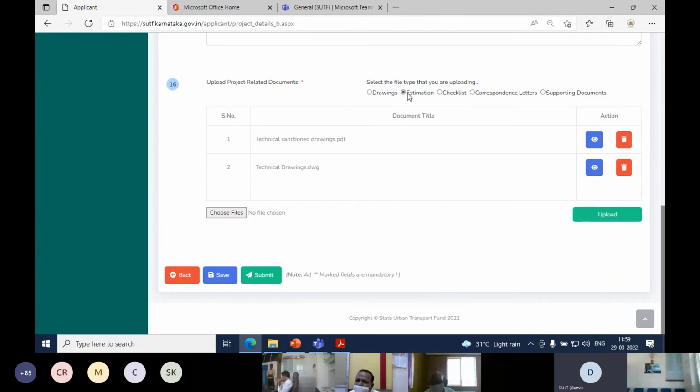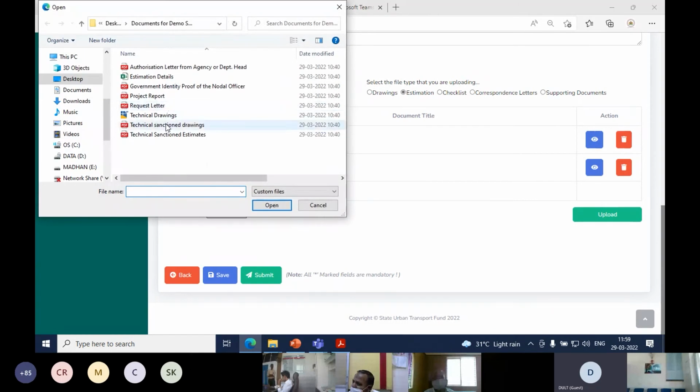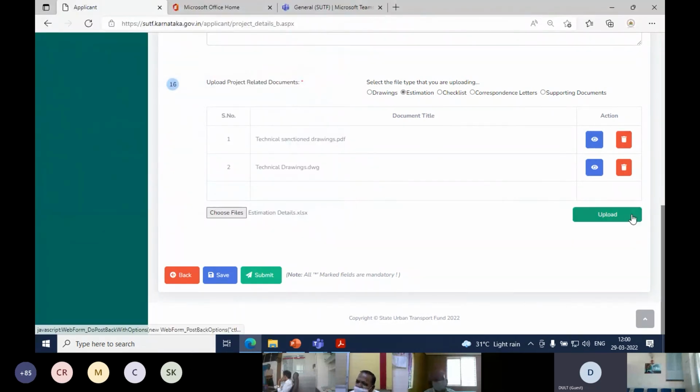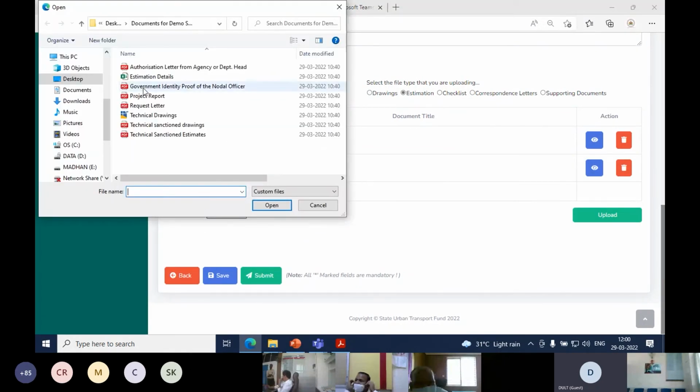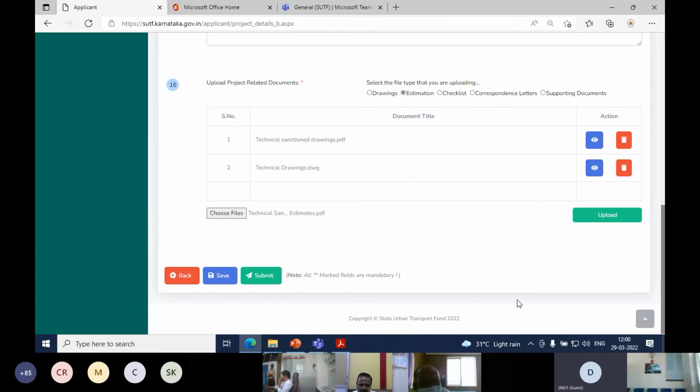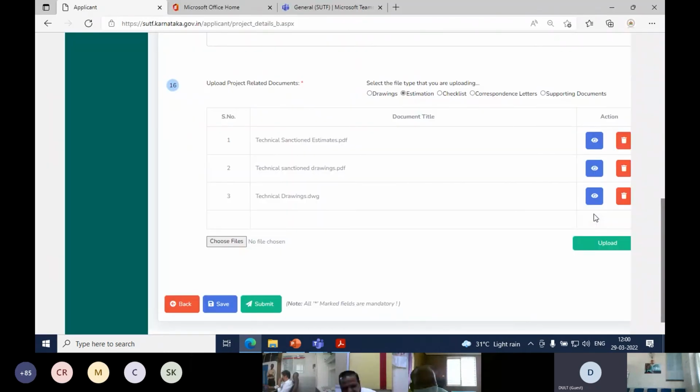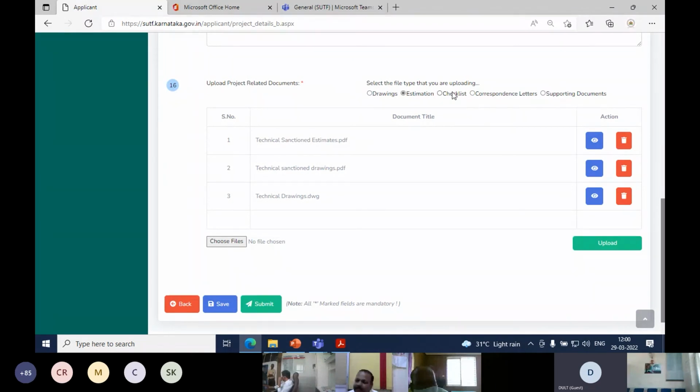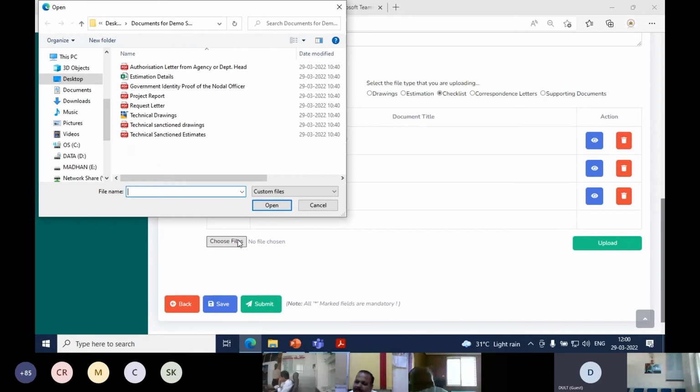Now I go to estimation. So I click on estimation tab and I choose a file for estimates. It's in an Excel format. I can put in upload. And then I take a PDF format of the same. Checklist.